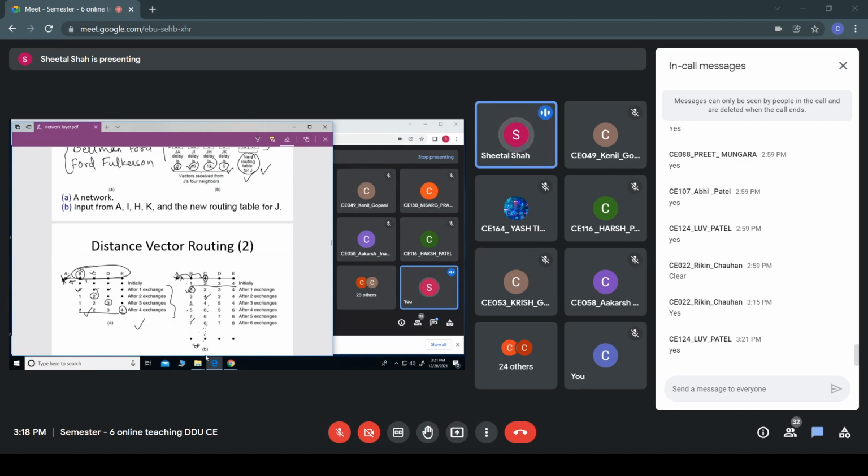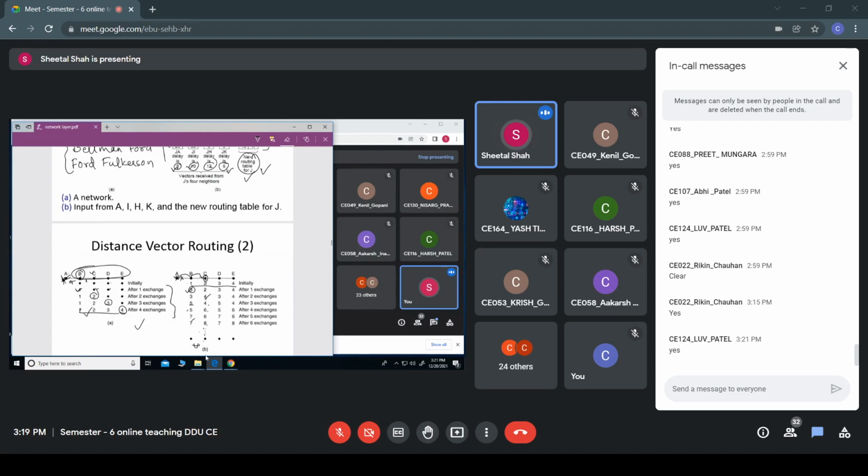delay, or you can say here they took the example of a hop count. Okay, so assume that A is working currently, and the hop count is what it is providing. That means B can reach A in one hop, C can reach A in 2 hops, D can reach A in 3 hops, and E can reach A in 4 hops. Assume that this is the situation.